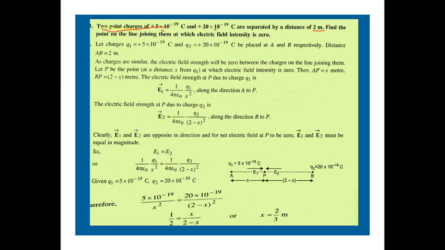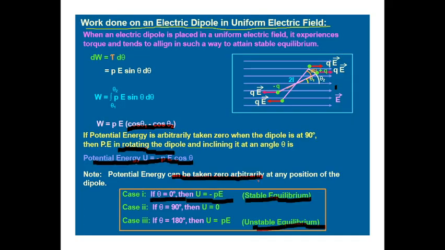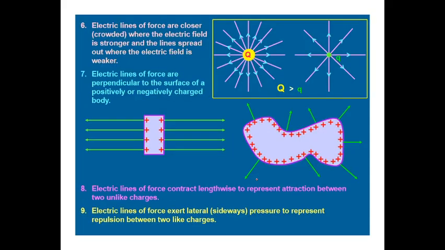Both are positive charges, this is Q1 here and this is Q2 here. For both charges, the electric field is directed away from the positive charge. So the electric field due to the first charge is E1, away from this charge, and due to the Q2 charge it is also away. Being equal and opposite, the electric fields will definitely be 0 in between these two charges, as shown previously in the electric field lines of equal and opposite charges.